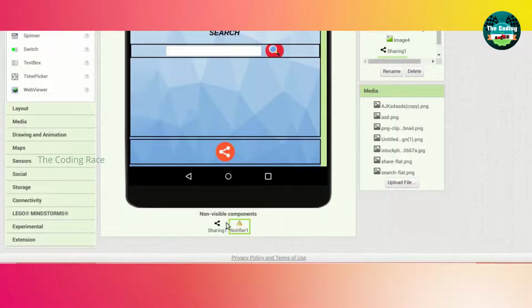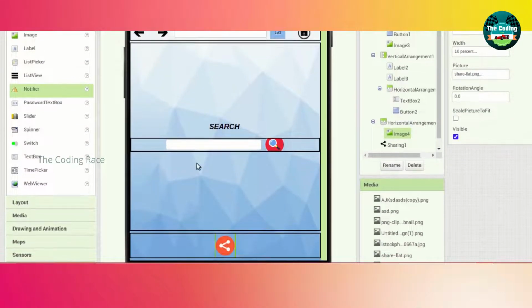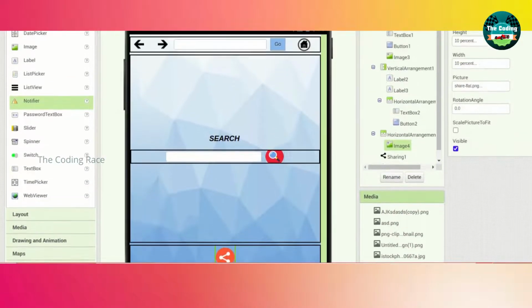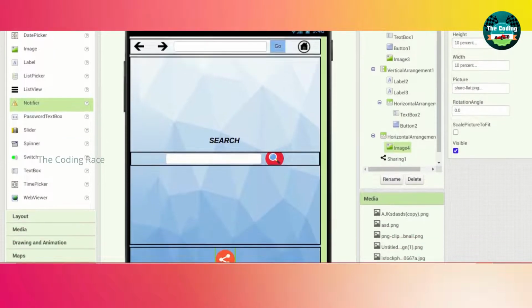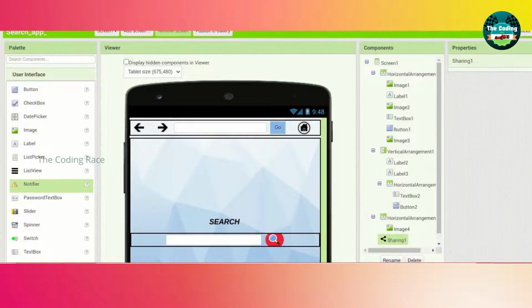When the share icon is clicked, the share component helps us to share, and the notifier will help us if there is no website open. The notifier will notify you that you have not opened any website to share the link.